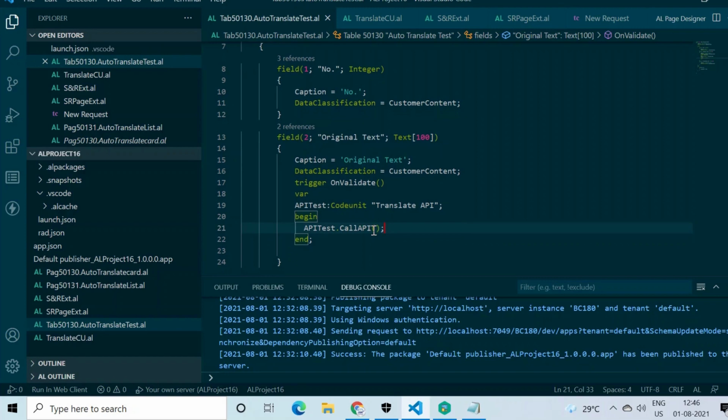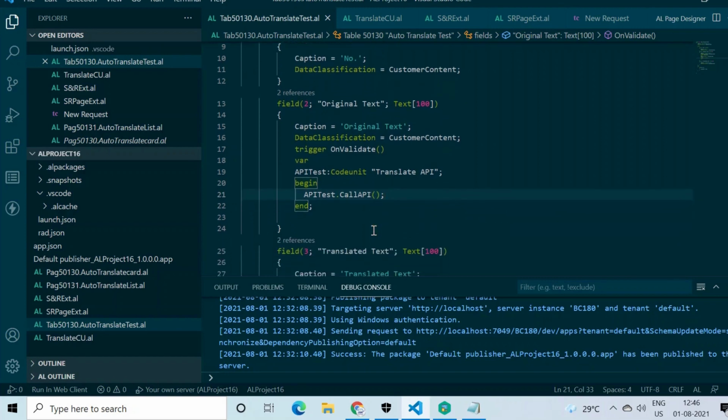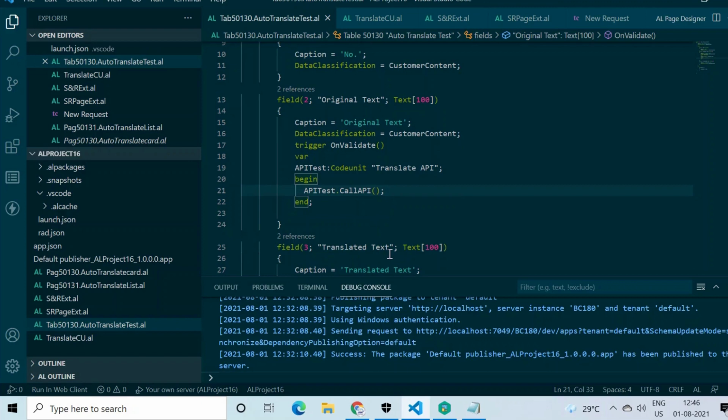And once I receive the result from the API, that result should get stored here. So what I can do, I can pass this text as original text and